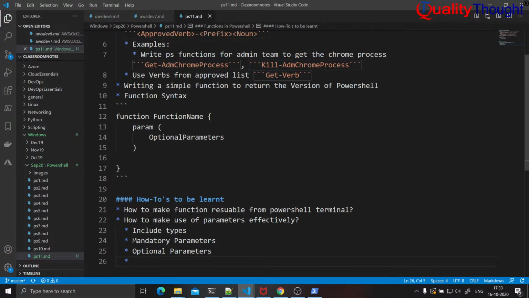So how to document PowerShell functions. Right. So let us basically get started. So PowerShell functions, right? Function is nothing but a reusable code block, nothing more than that. Right? So whenever you are writing any PowerShell function, the basic syntax,